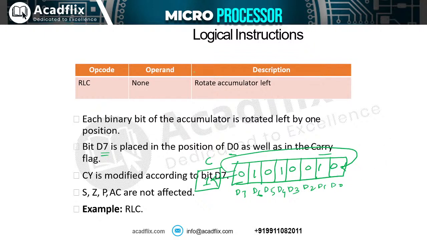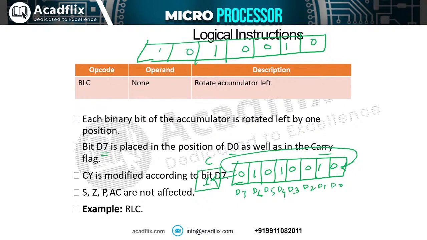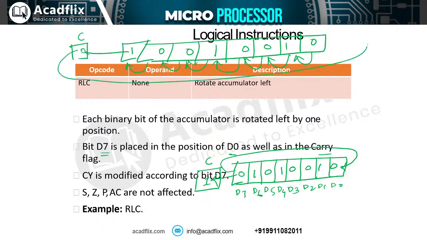So these are two different diagrams. What we have seen in the 8086 microprocessor is like this. Let us say we have an 8-bit value and a carry flag. Rotate with carry left means that all the bits will be shifted left by one position. Then the D7 bit will go into the carry flag and the carry flag value will go into the D0 position. These two diagrams are different. So we will solve the question and see which one is correct. You need to verify this, and I will also verify this.